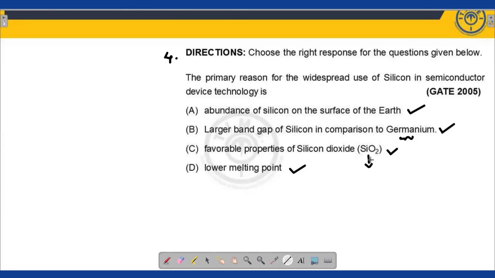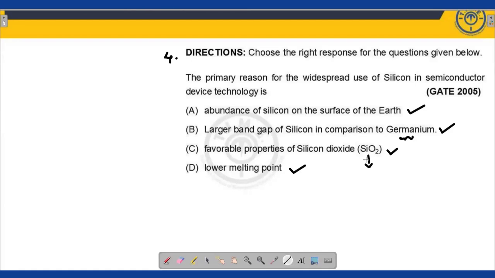SiO2 can be used as an insulator. It forms a layer in the fabrication of the MOSFET. That is another point. So SiO2 has the best electrical characteristics. Lower melting point. My dear friends, very, very important here,